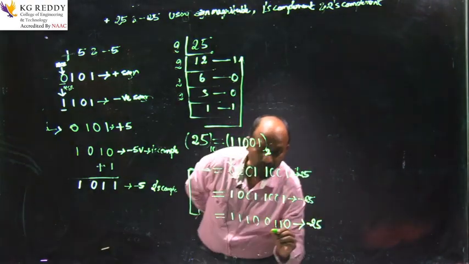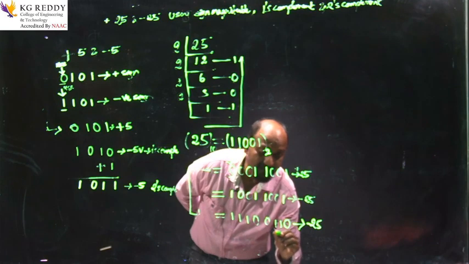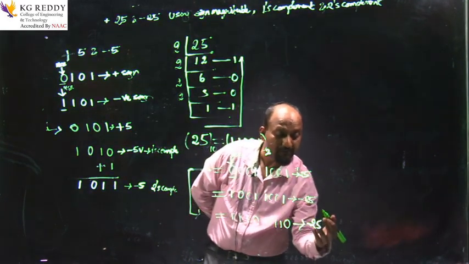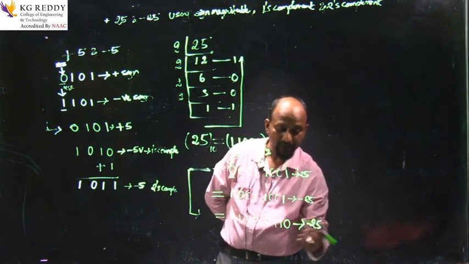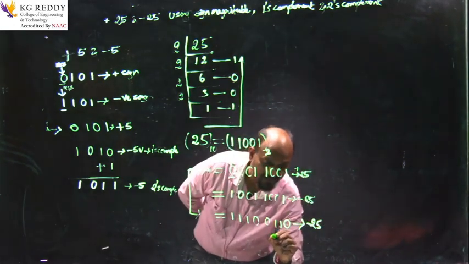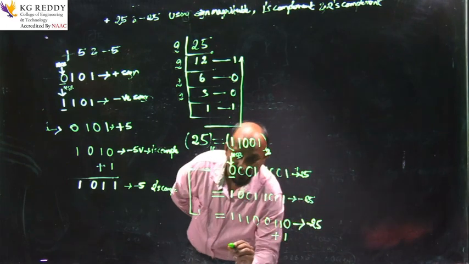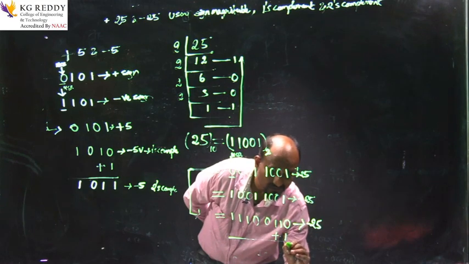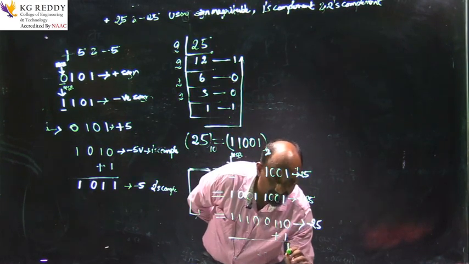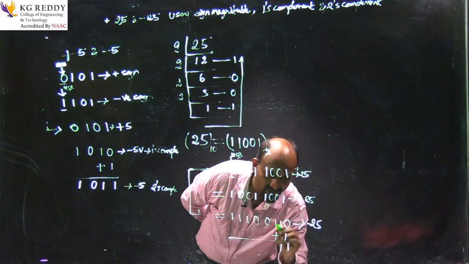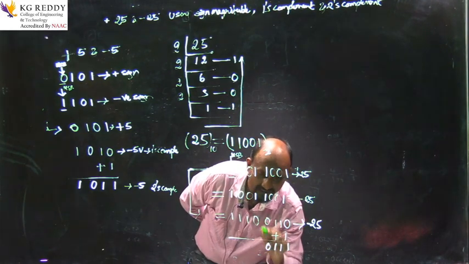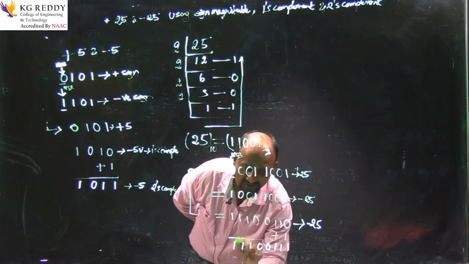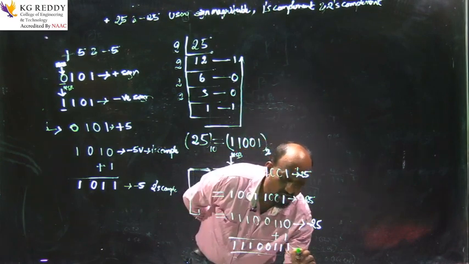So this is the ones complement of minus 25, and if you add plus 1, that is the twos complement answer. 0 plus 1 is 1, 0 plus 1 is 1, and 1 stays 1, 1 stays 1, and 0, 0, again 0, 0, 1, 1, 1, 1, 1, 1. This is the answer for minus 25